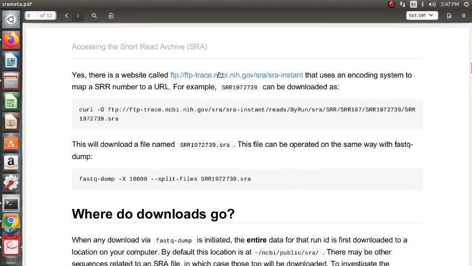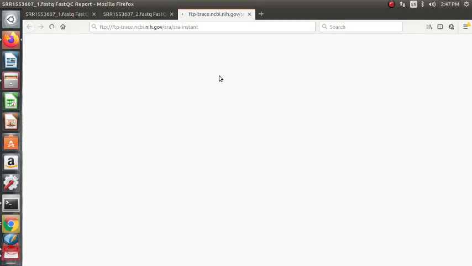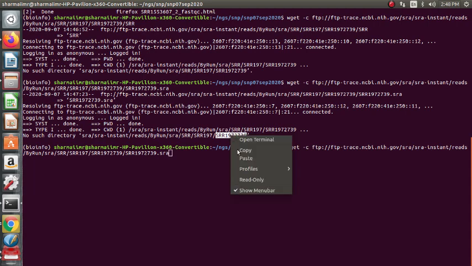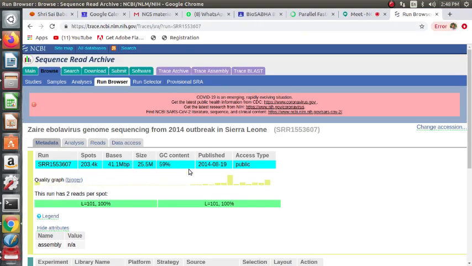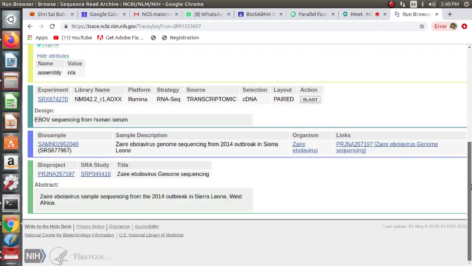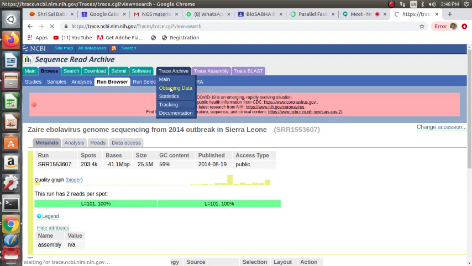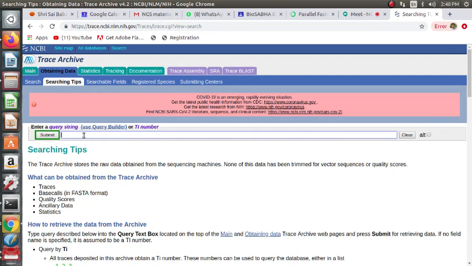So let us check. Let us go to the link directly and check for this SRR. It is obtaining data from the trace archive. Enter query string, submit.